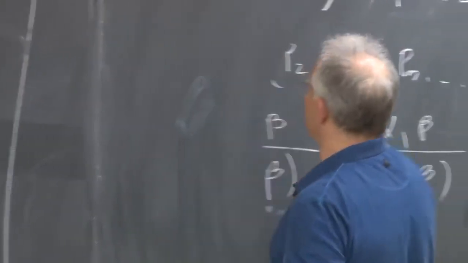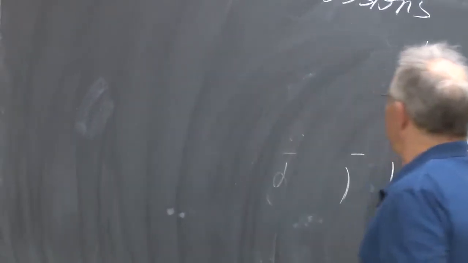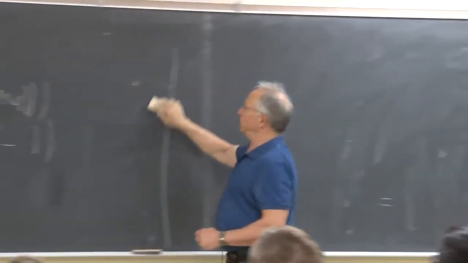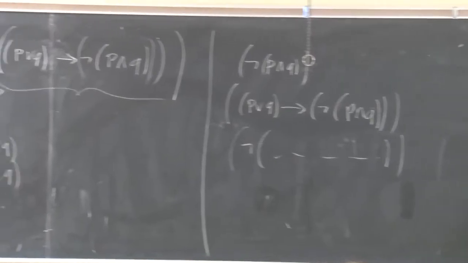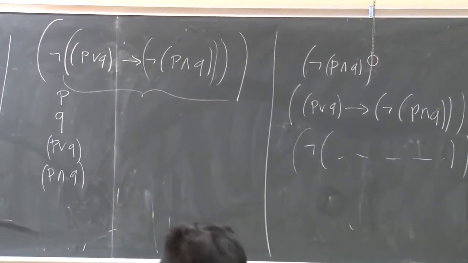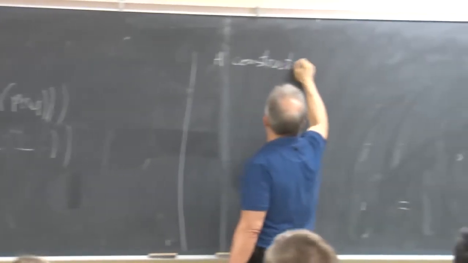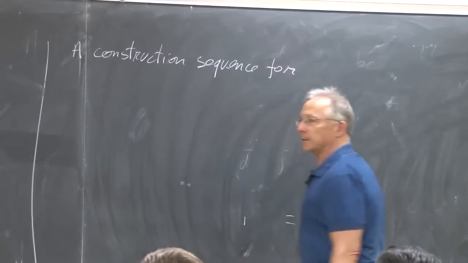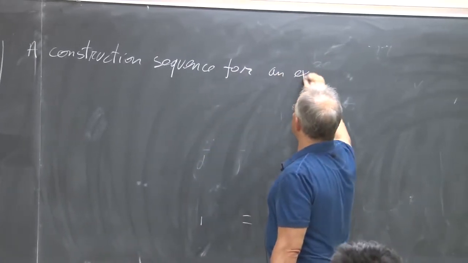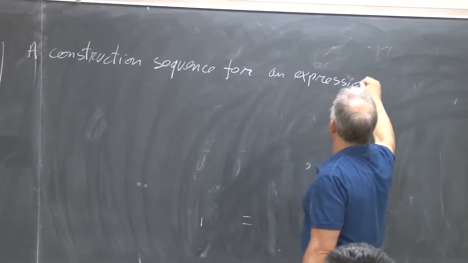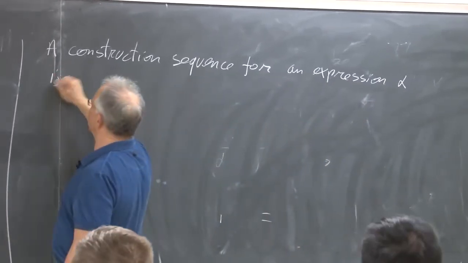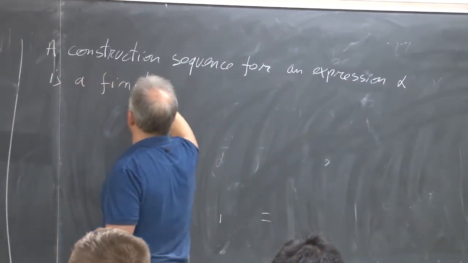And as silly as it looks, it's a very important object. And we will see it again and again in the course. So let us give it a name. This is called a construction sequence for an expression alpha. It is a finite sequence